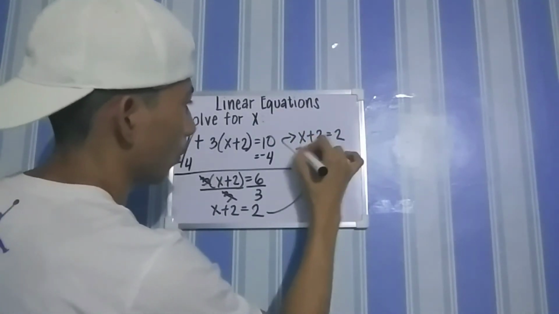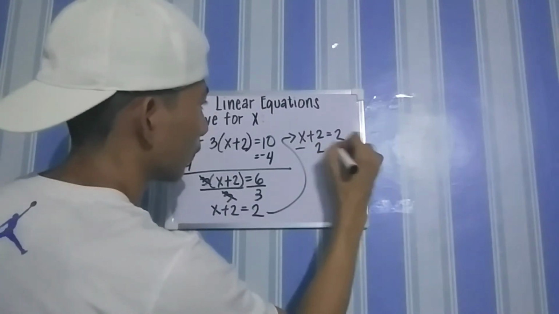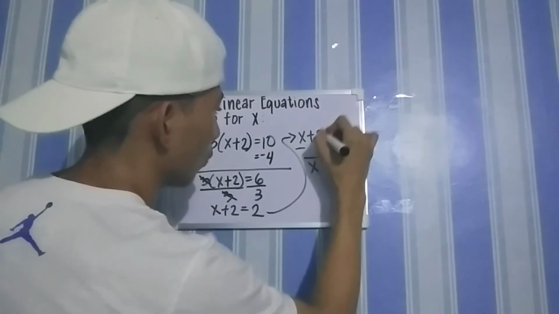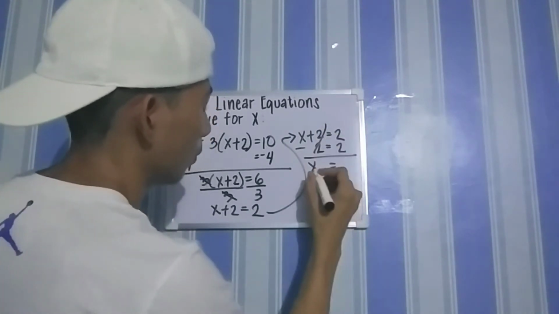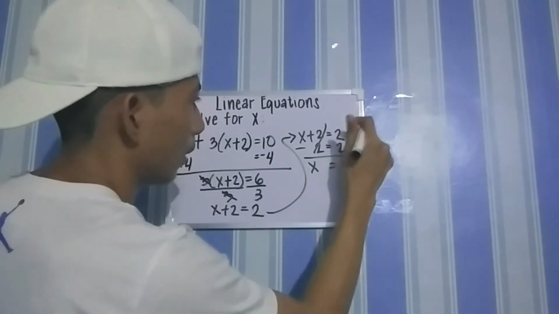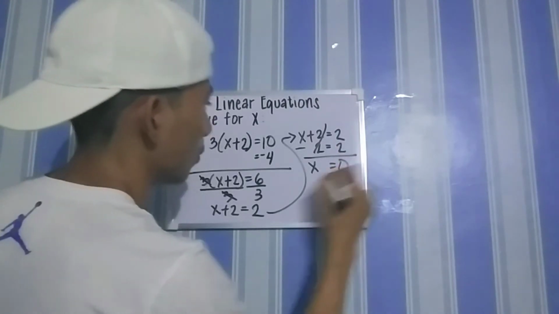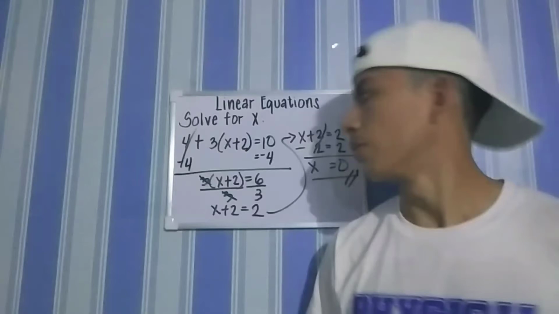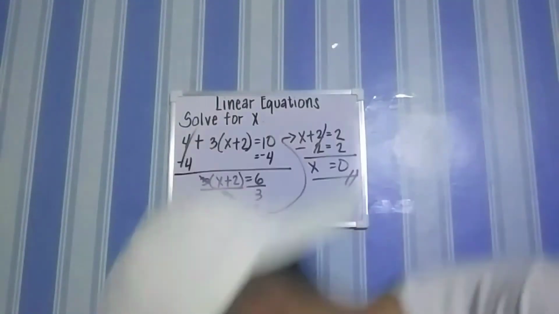So next step, we're going to subtract both sides by 2. So our x is equal to 2 minus 2, that is 0. So x will remain. And 2 minus 2 is equal to 0. So our x is equal to 0. So for our next problem,